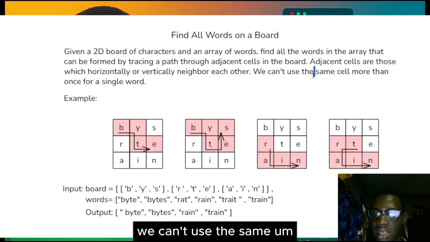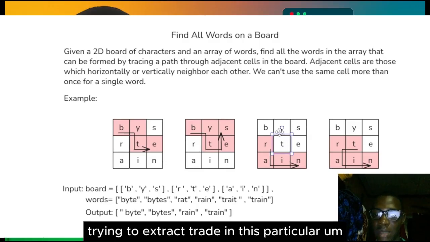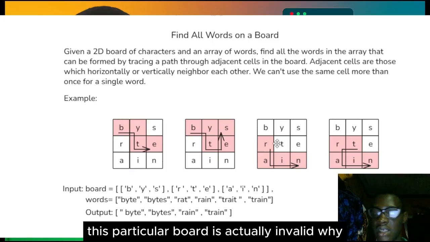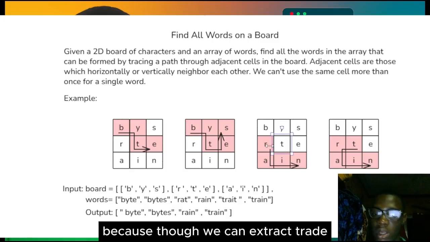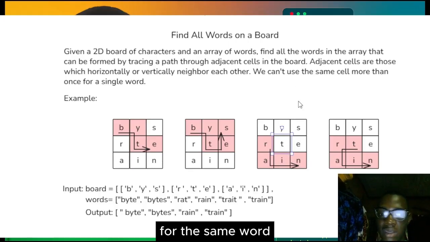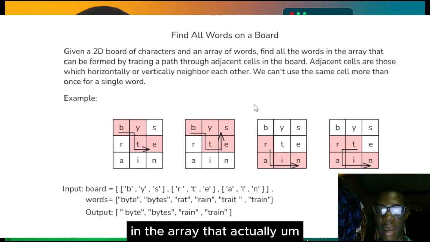We can't use the same cell more than once for a single word. So trying to extract TRAIT in this particular board is actually invalid. Why? Because though we can extract TRAIT, it means we are reaching the same cell 2 times for the same word. This problem requires that we search for all words in the